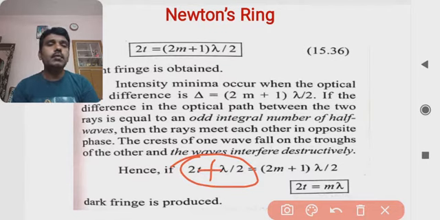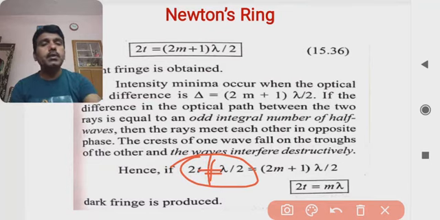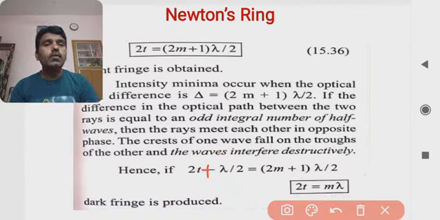ह्या बुकमध्ये पण एक करेक्शन करावं लागेल, आणि ते म्हणजे 2t मायनस λ/2 दिलं, पण फेज चेंज व्हायला आता फेज कितीने चेंज होतो, एकाचा क्रेस्ट आहे एकाचा ट्रफ आहे, म्हणजे 180 डिग्री अँगलने चेंज होतो, म्हणून इथं हा जो फेज चेंज आहे दॅट विल बी λ/2, हे प्लस यायला पाहिजे, मायनस नसायला पाहिजे. सो देअर इज अ लिटल बिट करेक्शन इन दिस बुक, अँड ह्याच्यामध्ये मग हा जर प्लस झाला तर 2t प्लस λ/2 इज इक्वल टू (2m+1)λ/2.